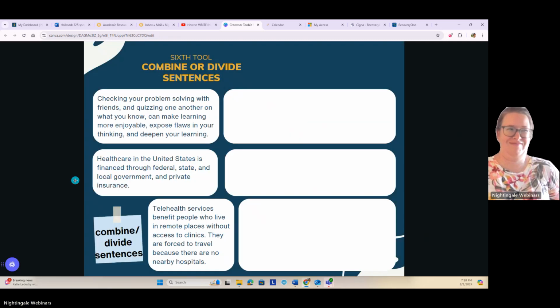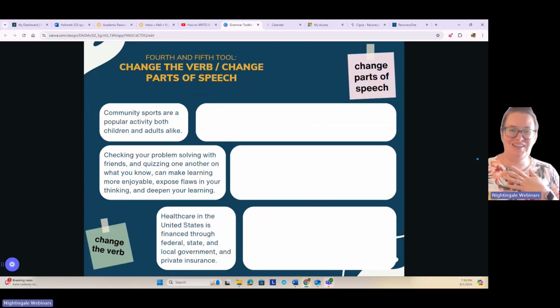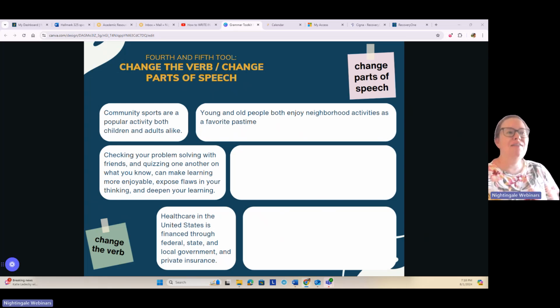Oh, disaster. I'm clicking the wrong place. So we have this sentence that we've been able to change. We can also think about changing the parts of speech, to think about what are words here that I know different parts of speech for.